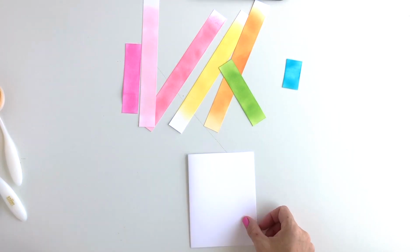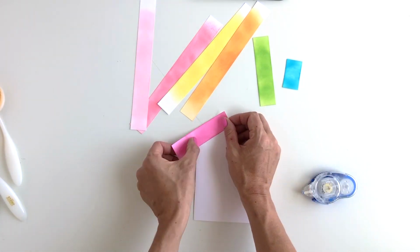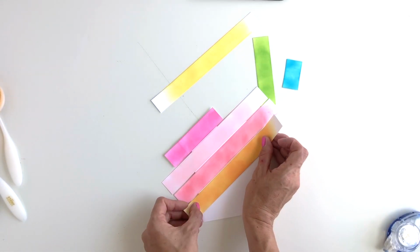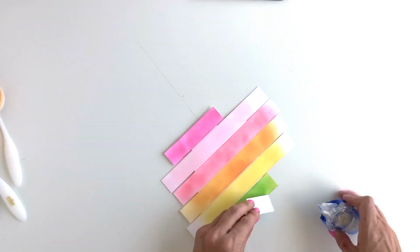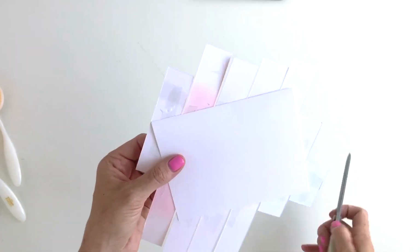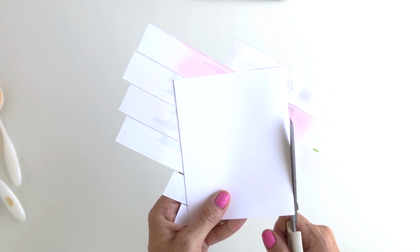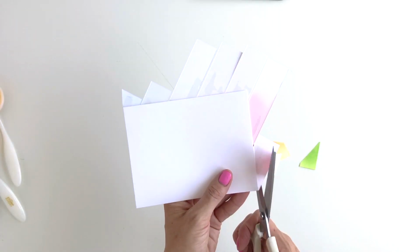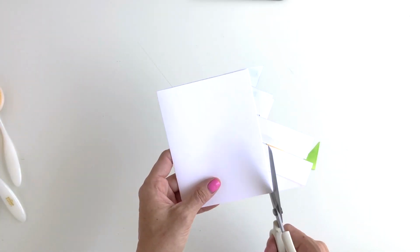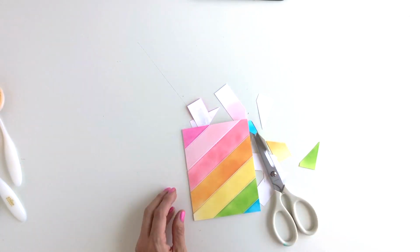To finish up the card, you're going to take your folded cardstock and start taping down on a diagonal each color of cardstock. Now what you want to do is leave a small gap in between each strip just for that added weight and extra texture. The best way to trim these is to turn your card upside down and use the back of the card as a guide. Run your scissors along each edge, careful not to cut the actual card, and that will finish off your card nicely. And when you turn it over, you'll see that you have these perfectly cut strips of blended colors, and